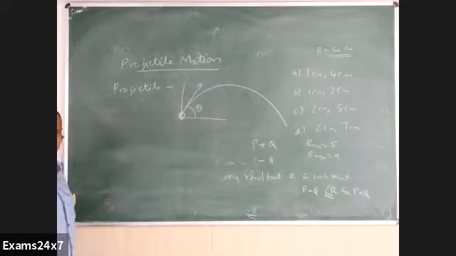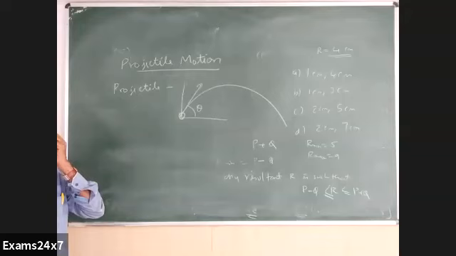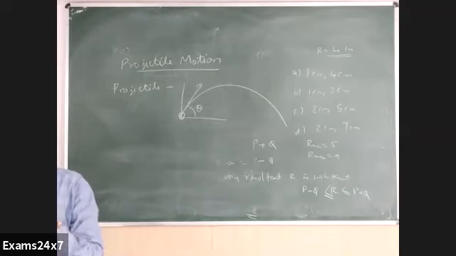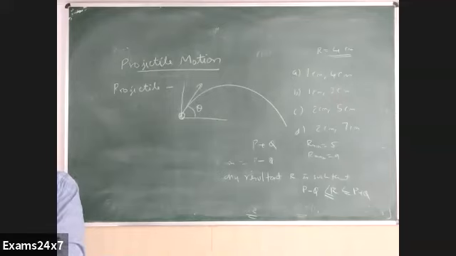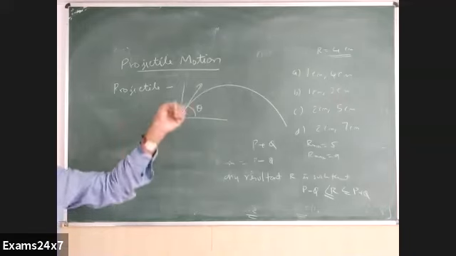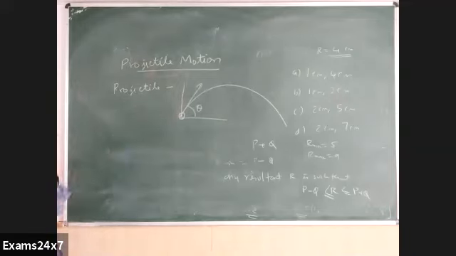Why is it a parabola? What is the reason behind that? As the body travels, there are two things controlling this movement. One, inertia: the velocity with which it is thrown cannot be lost immediately. It is trying to preserve that, tends to retain that. Secondly, gravity is pulling it down. A new thing comes into the picture there. So due to the action of gravity and its original velocity, it will travel along this curved path.